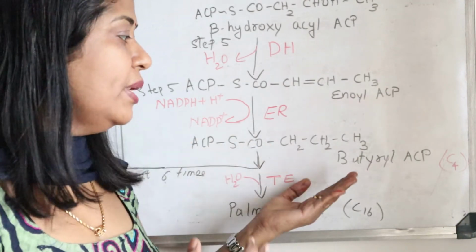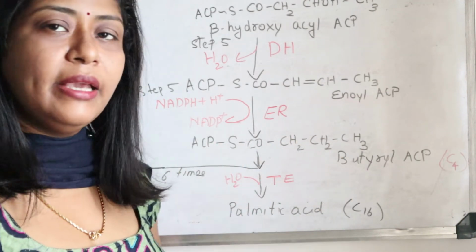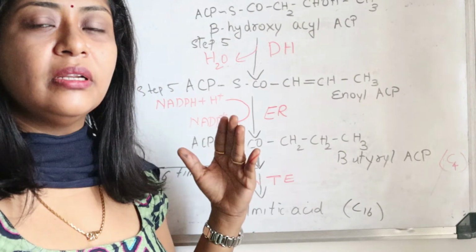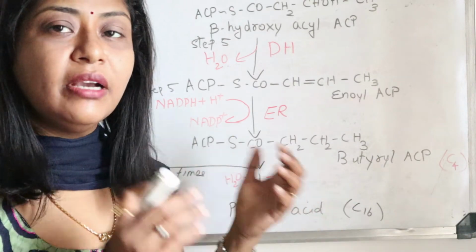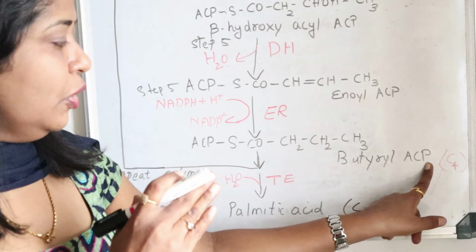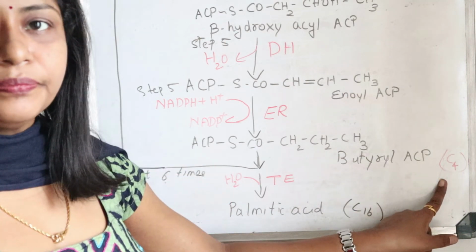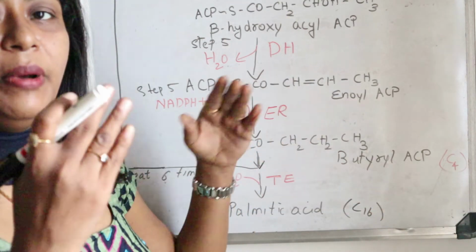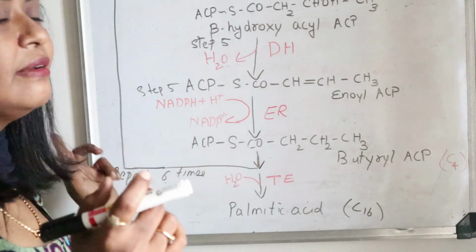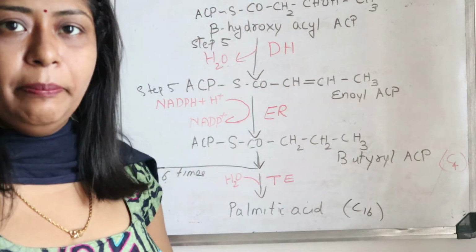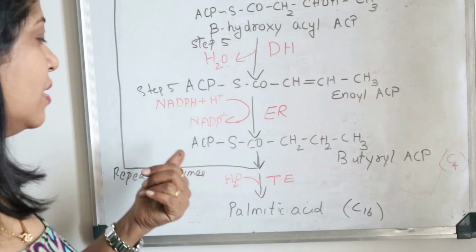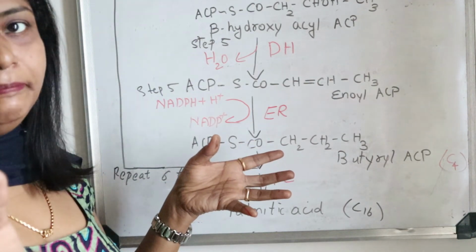And so let us see how many more carbons are added to form this palmitic acid. We know 7 cycles are required for the formation of one complete palmitic acid, that is having 16 carbons. So 4 carbons are there, in order to become 16 the remaining is 12. And again we know by the addition of 2 carbons each time, 6 into 2 is 12. So 6 more cycles, or 6 more times these steps have to repeat, that is from step 3 onwards. All these steps have to repeat 6 times, and a total of 7 cycles will be there in order to form